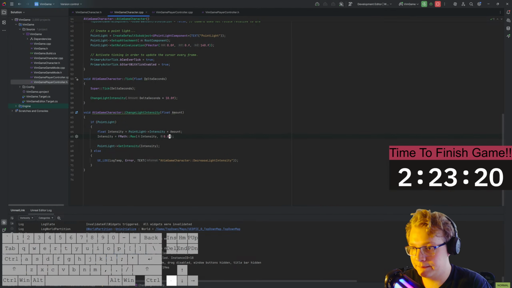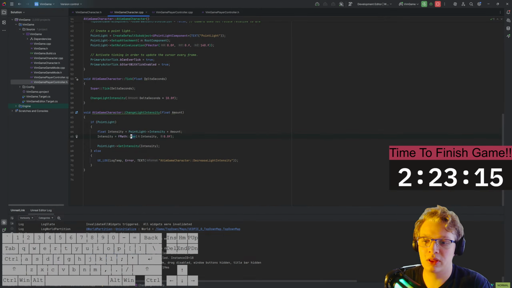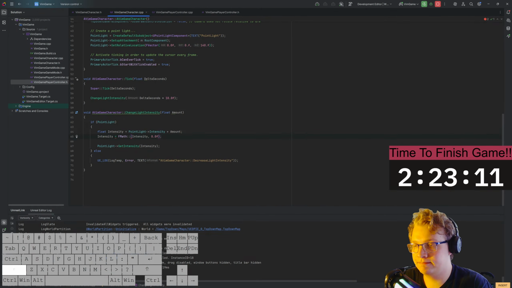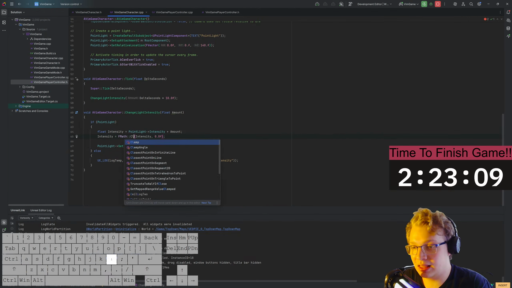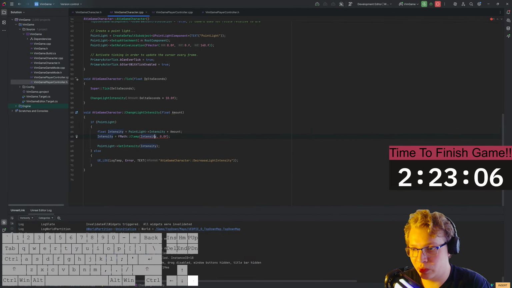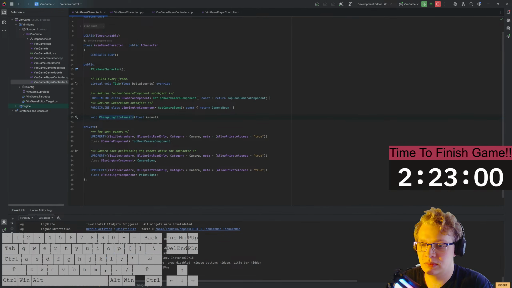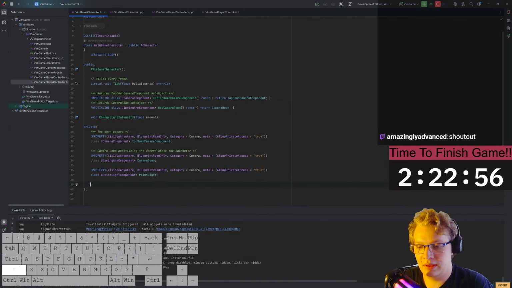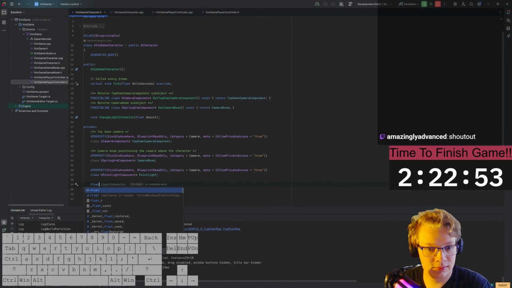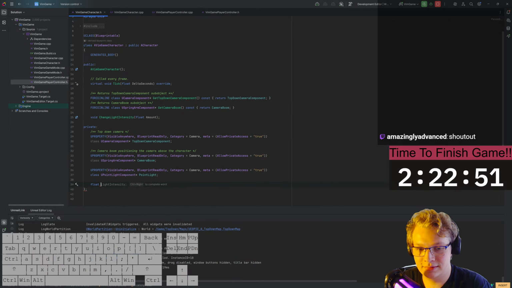Maybe we should be able to plus. Ah, that worked. Okay. And so instead of just making it so it can't go below 0, let's make it so that it is clamped. So clamp intensity between 0 and, let's create a new variable. Let's private float light